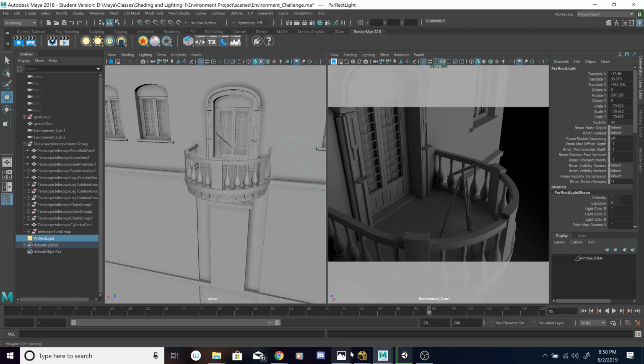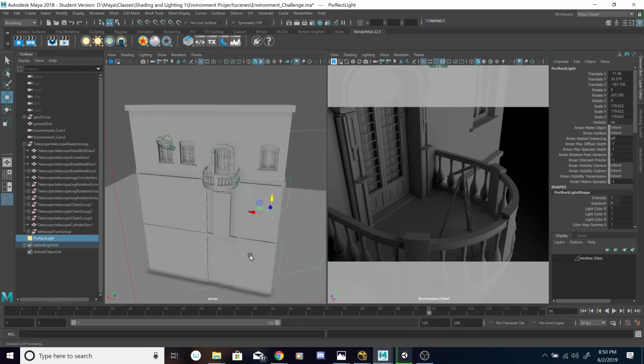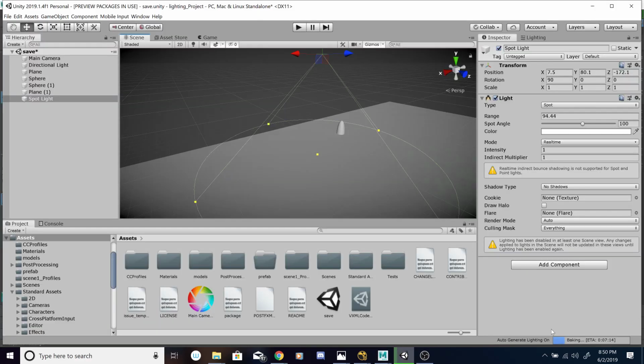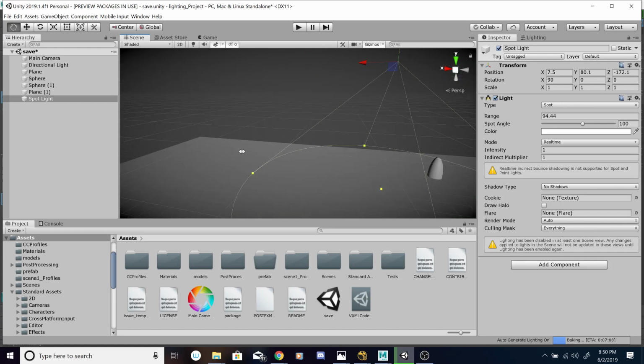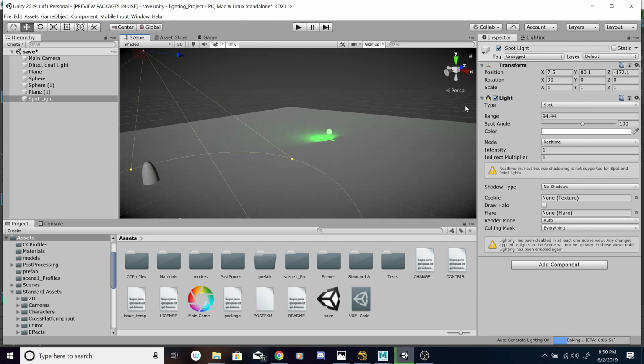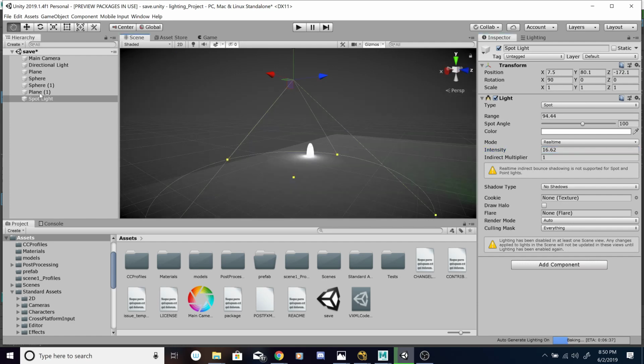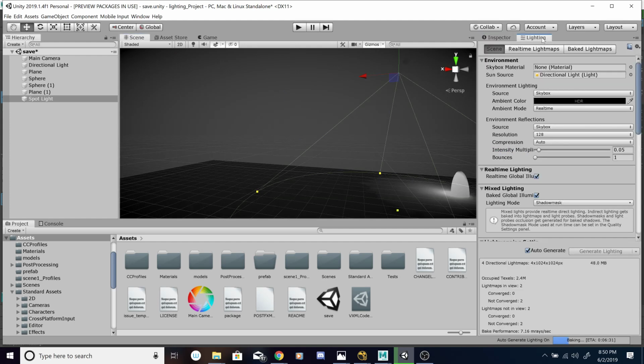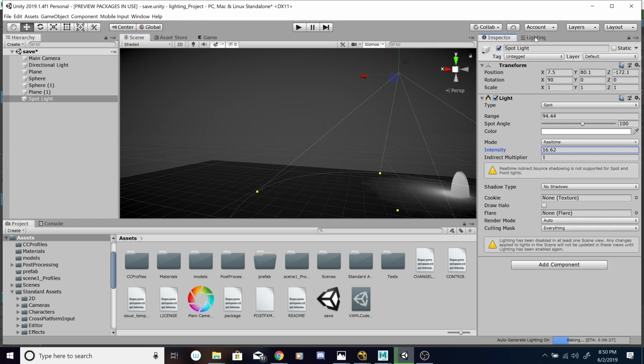But as far as just basic, oh, come on. Okay, no, still not working. Oh, this is baking. So just as far as this, you automatically get to see what's going to be lit in the scene. All this stuff is right here for you to play with. So it's similar software, but